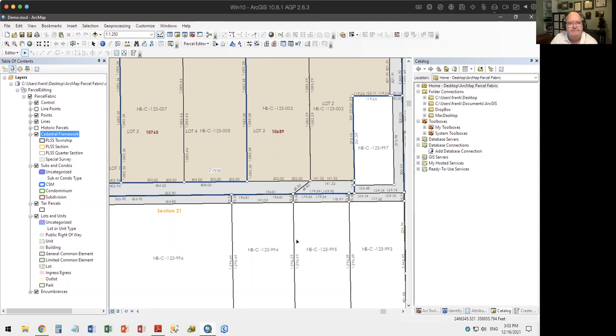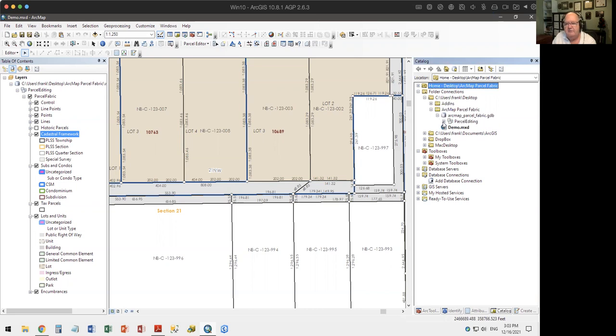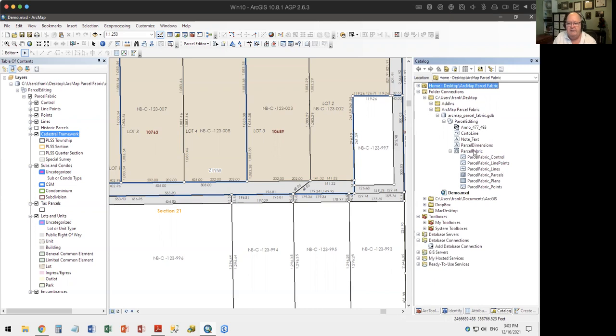It uses, in most cases, a schema, and let's see if we can look at this schema a little bit more over here in the ArcCatalog version of it, in which the fabric itself is really nothing more than